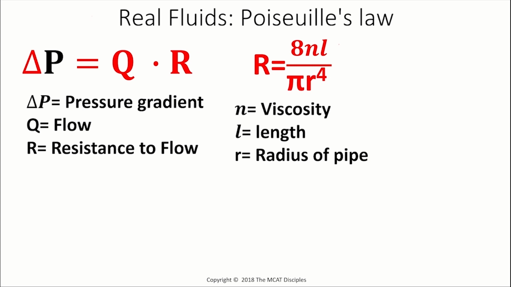A lot of people get confused because they try to say, okay, well, Poiseuille's law says that if you decrease the radius of the pipe, which is decreasing the area, you're going to increase resistance, and if you increase resistance, you're going to increase pressure. And then they'll say, well, Bernoulli's equation says if you decrease area, you increase velocity, and you decrease pressure, so what's going on? You're applying this equation wrong. There is a difference between a pressure gradient and an absolute pressure. I'm going to make this very clear to you.